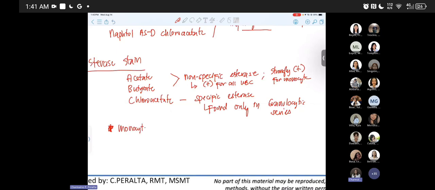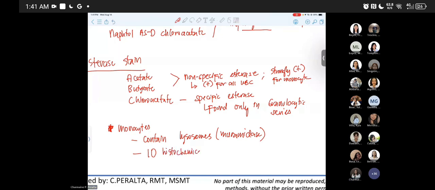For monocytes, monocytes contain lysosomes or yung muramides. Actually, pati si neutrophils. Meron din siyang lysosomes. So this is ID'd or identified. Pag sinabing ID, identified or identification, di ba? This is ID'd histochemically or identified histochemically by strong staining reaction in non-specific